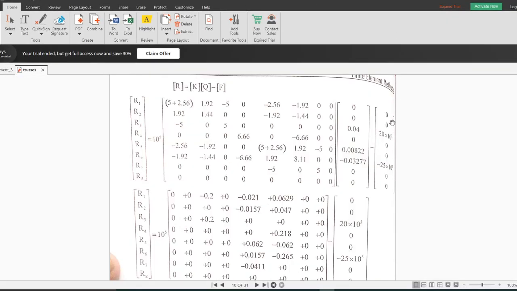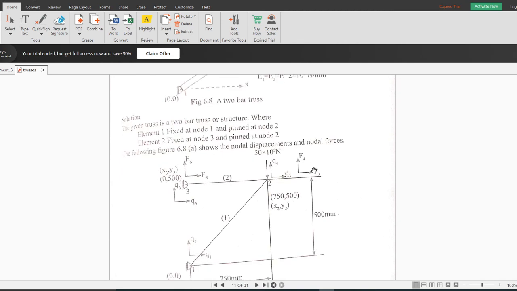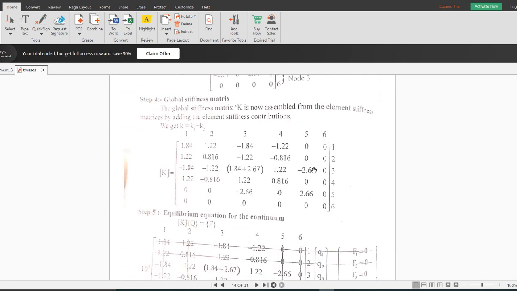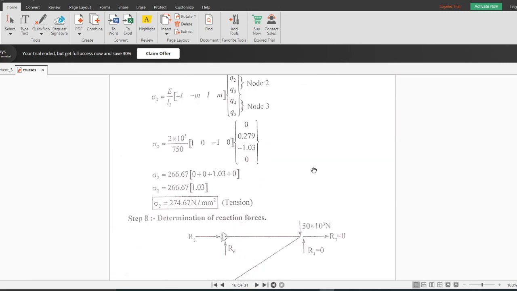See, only in some rare cases do they give 4 elements. Usually they will not give it because it takes more time. But if you have done one problem like this, you can easily deal with any problem in trusses, because this problem itself consists of different supports and a larger number of elements. Therefore, it becomes very familiar. Is it clear? Yes, sir.